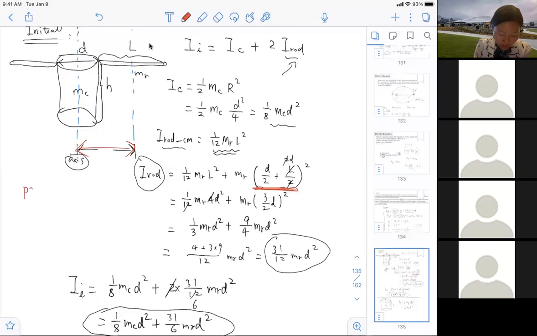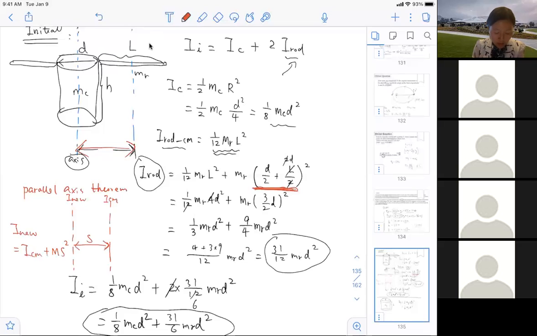I'm using the parallel axis theorem. If your rotational inertia relative to this axis is I center of mass, but you're not rotating relative to this axis, you're rotating relative to here. So this is your new axis, but these two axes have a distance between them, right? I call it S. So what I'm trying to say is relative to the new axis is the center of mass axis rotational inertia plus